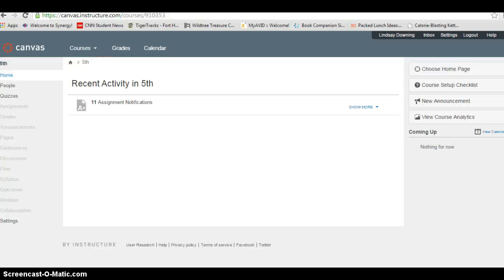Sorry, it's super slow. In my 5th hour, I currently use the people option to add my students and the quizzes, and I don't use anything else right now, so that's why I have it grayed out and these are in order up here, because that's what I use the most. However, there are tons of other options. So if I go to my quizzes,